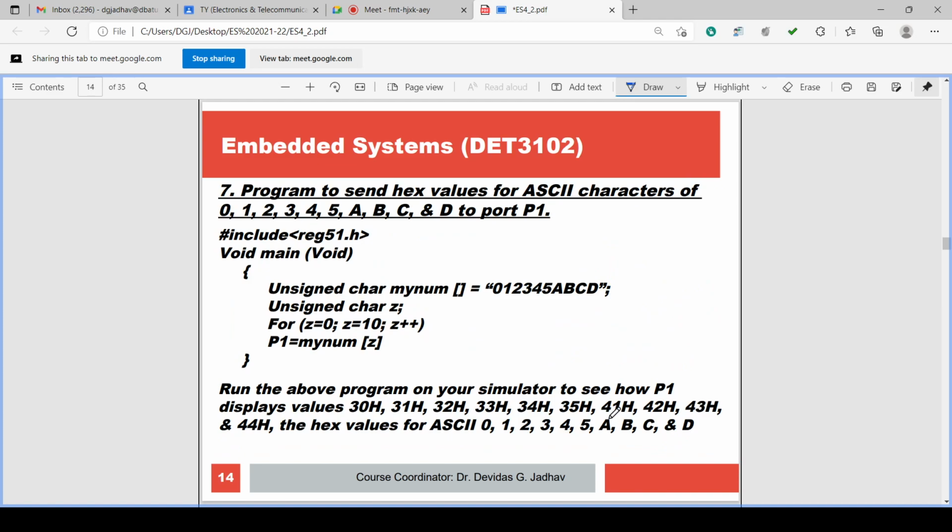The next program is to send hex values. Just read this statement.